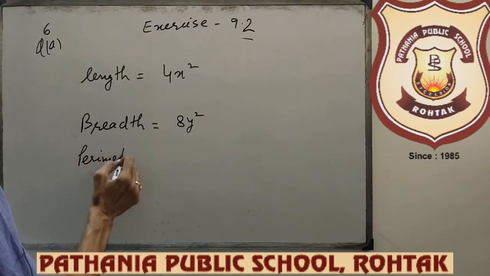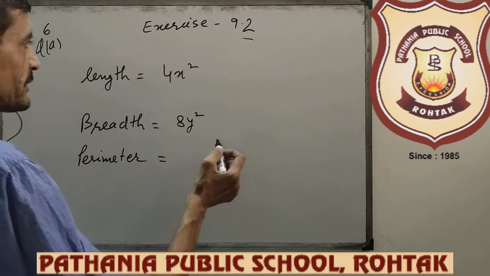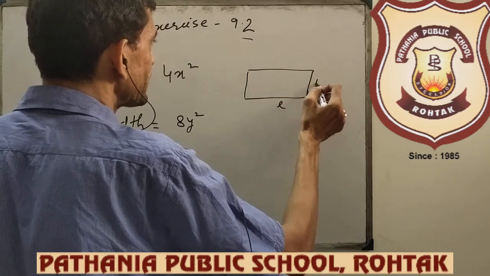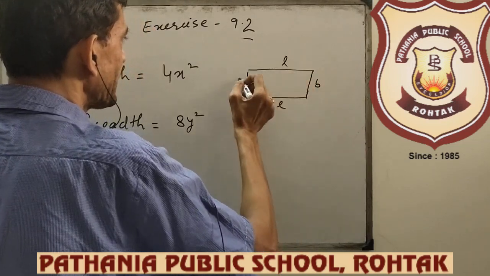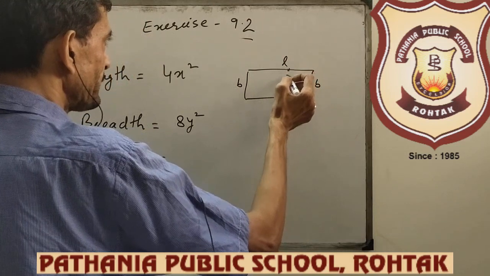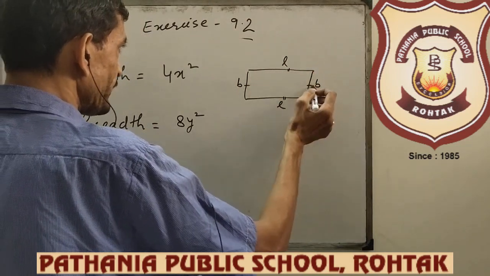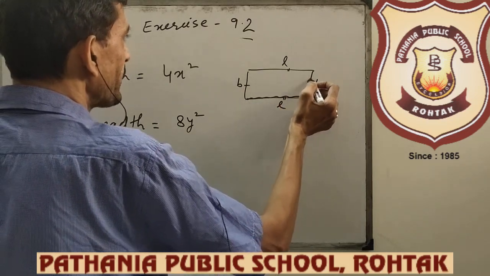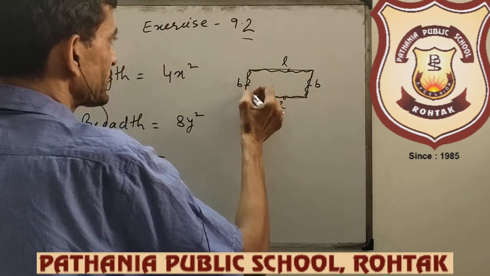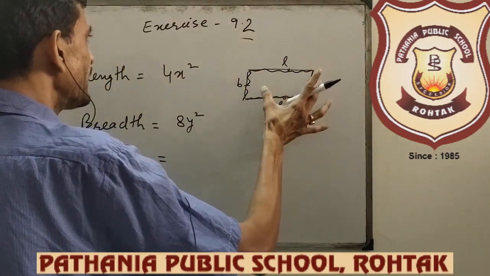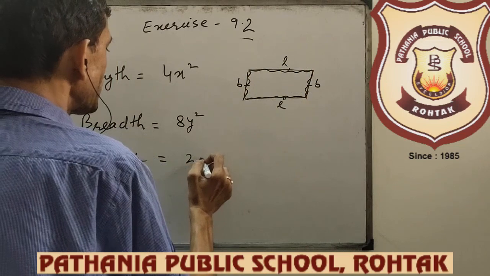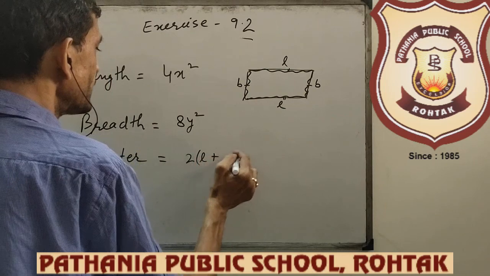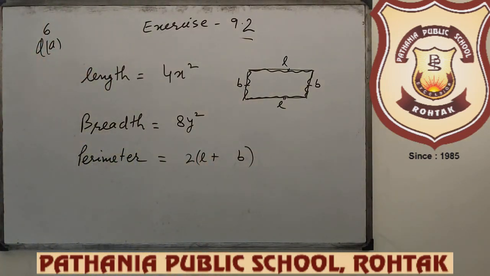All of you know very well the formula for perimeter of the rectangle. Rectangle is this. Beta, this one is length and this one is breadth. Length and breadth in rectangle, opposite sides are equal. And what is perimeter? The sum of boundary, L plus B plus L plus B. So 2 times L and 2 times breadth. So formula is 2L plus 2B. We take 2 common and write it 2 into L plus B.